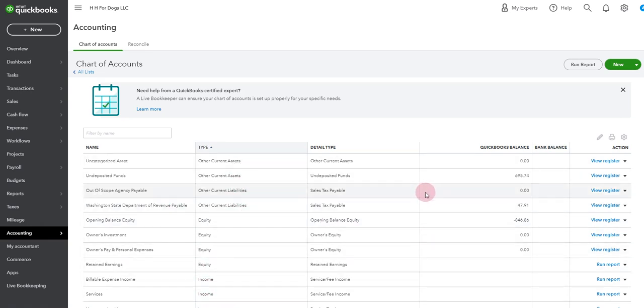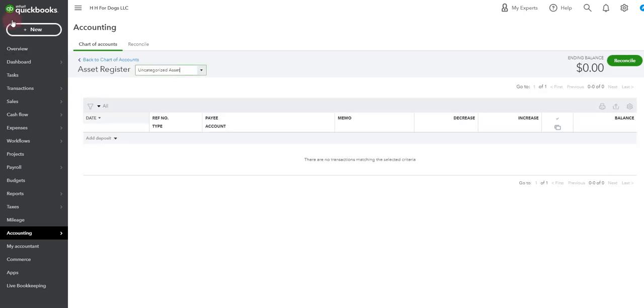If you don't do anything, then your deposits will get deposited into your first account that is either a bank account or an other current asset account. So like an other current asset account here, or if you have a bank account, your first one of those on the list will have your deposits in. Your refunds in Paw Partner will not go into QuickBooks unless you've designated one of your accounts as a Paw Partner refund account. So you can take one of these accounts, and if you go into, oops,